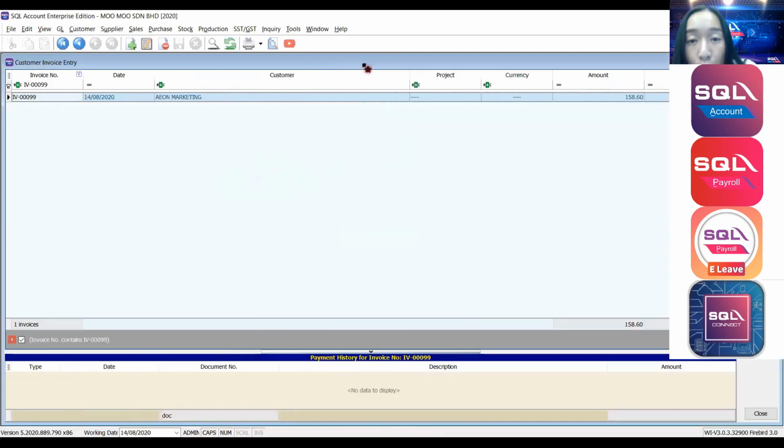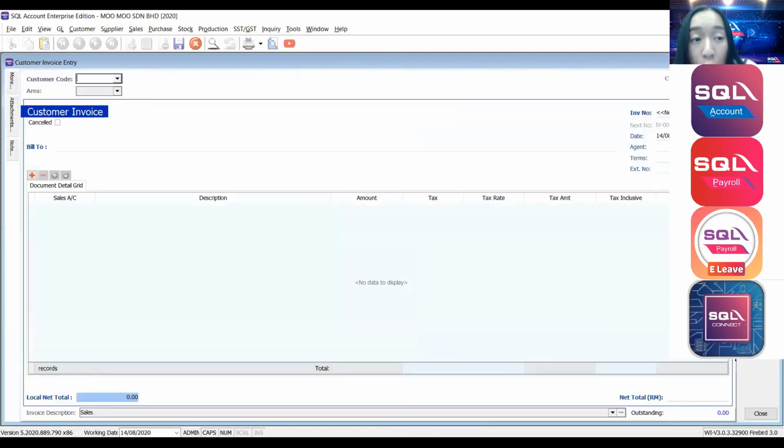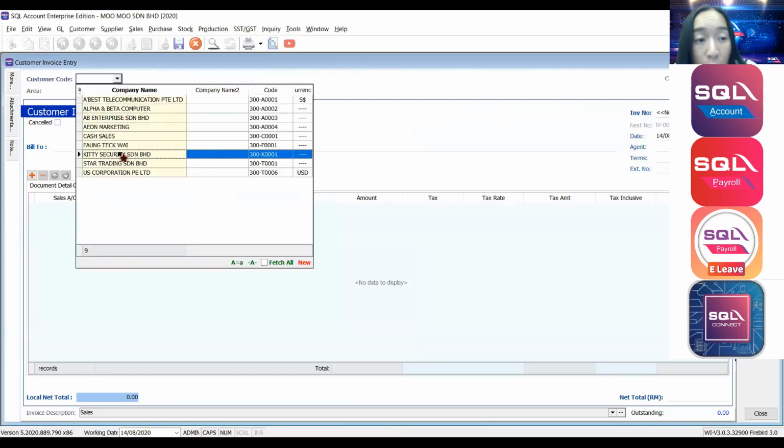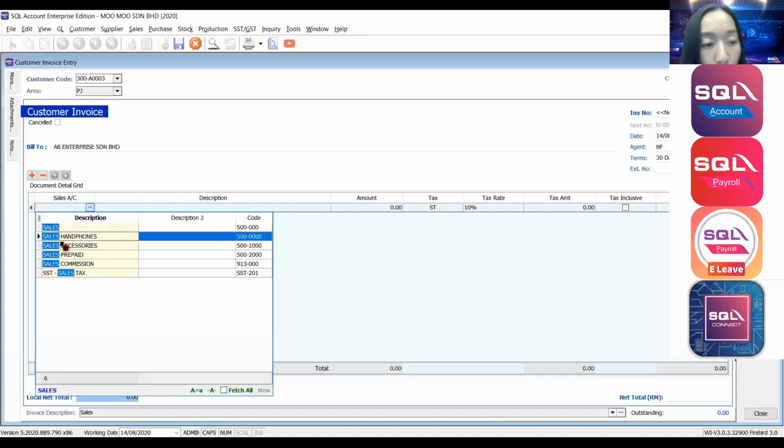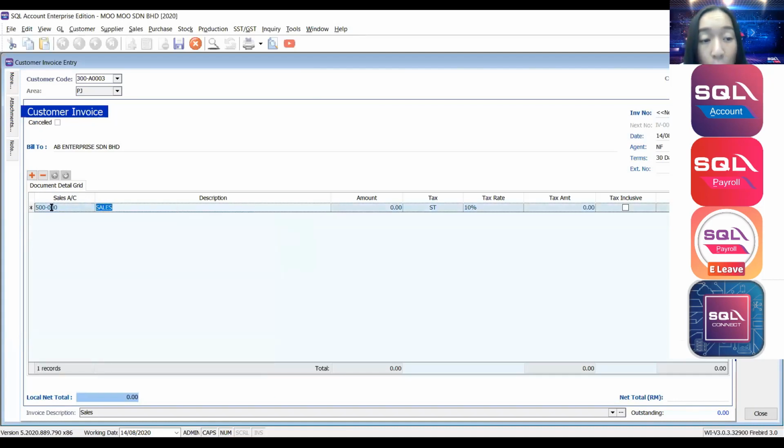So if let's say today you are a no stock control company, right? So maybe you do this service for the customer, maybe it's under AB Enterprise, and you just directly select what is your account posting. Okay, example, I want to post to sales. Just enter the description, maybe it's services, and what is the total figure. You give the invoice to your customer, maybe it's 200. Okay, so you just save. So sure, when you preview the customer invoice,